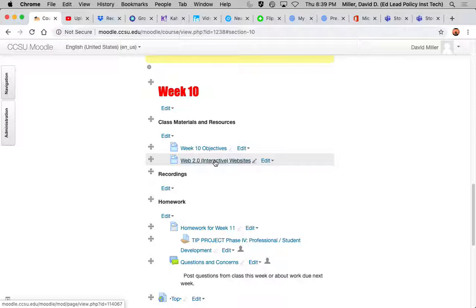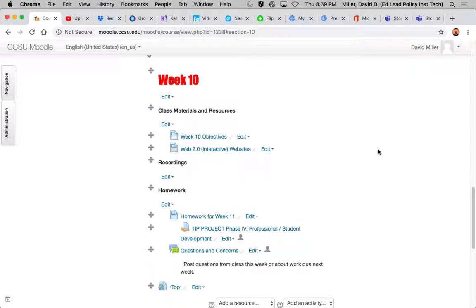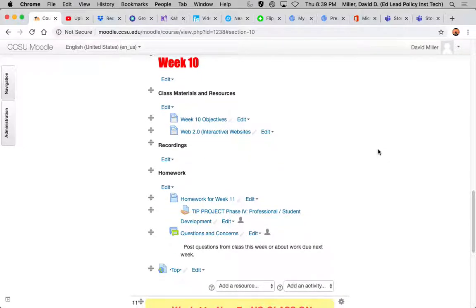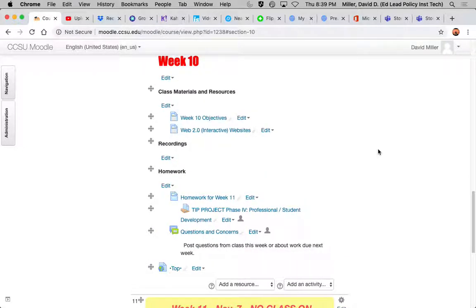But like I said, if you're using one of the more established ones, you can feel pretty confident that it's going to be around for a while, and you're not going to have to worry too much about it. So, all right, anything else related to interactive web, anything like that?